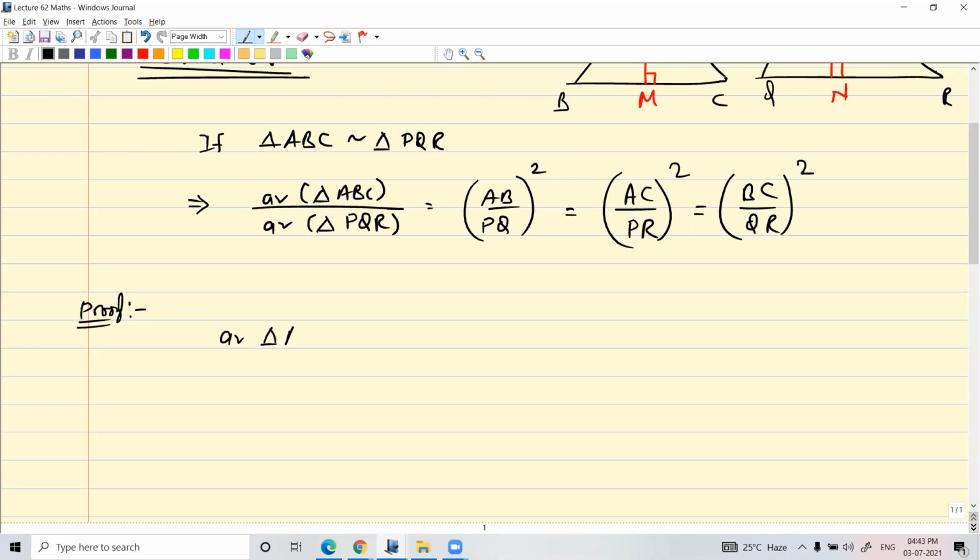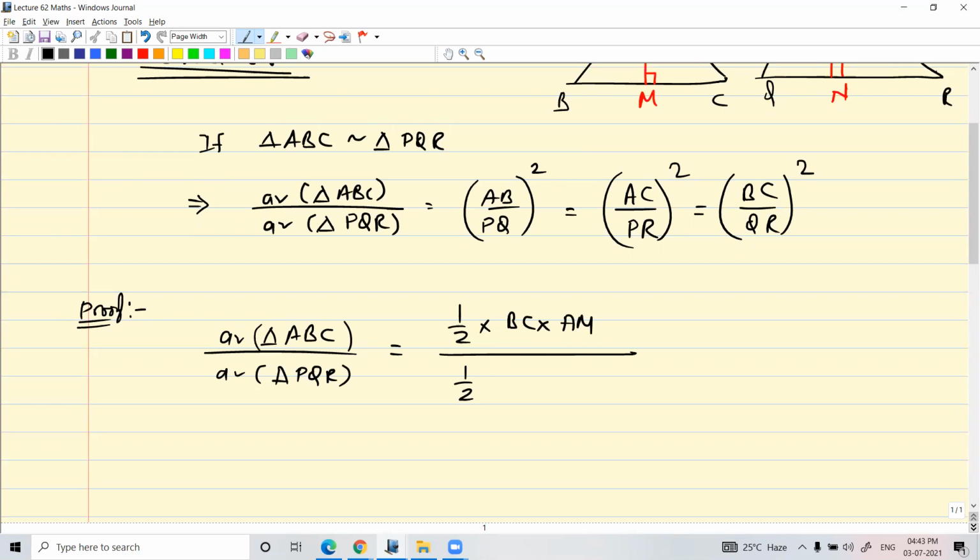area of triangle ABC by area of triangle PQR. Let's try to do this. What will it be? Half into base BC into AM height. This will be half into QR